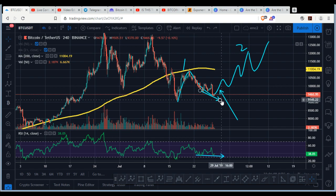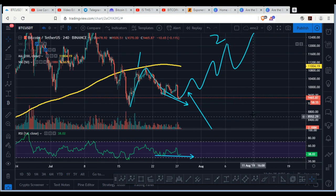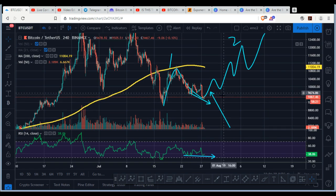Because I don't do leverage, so it really doesn't matter to me if I start accumulating from 92 down to 87, right? I got this plan in mind, but it is not something I'm highly anticipating, just because the volume is not here yet. But let's see how 92 is gonna hold, and then we're gonna start accumulating from 92